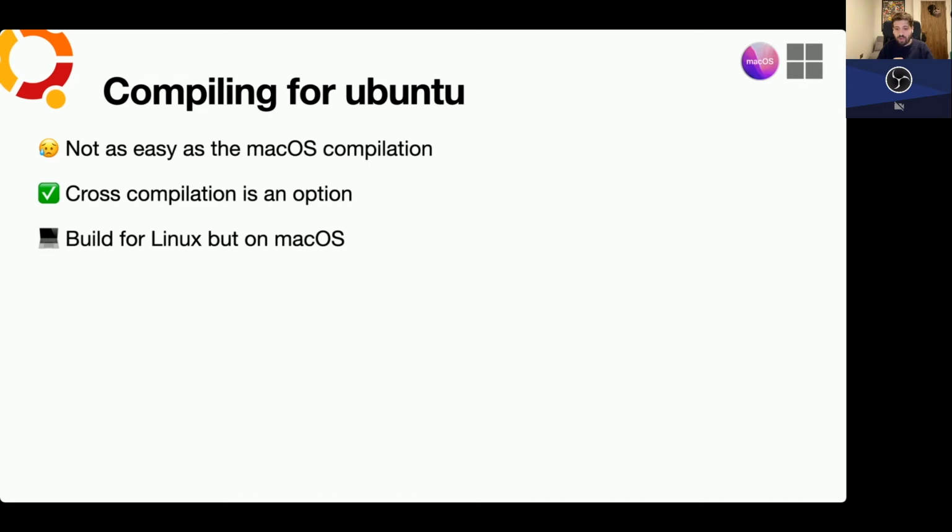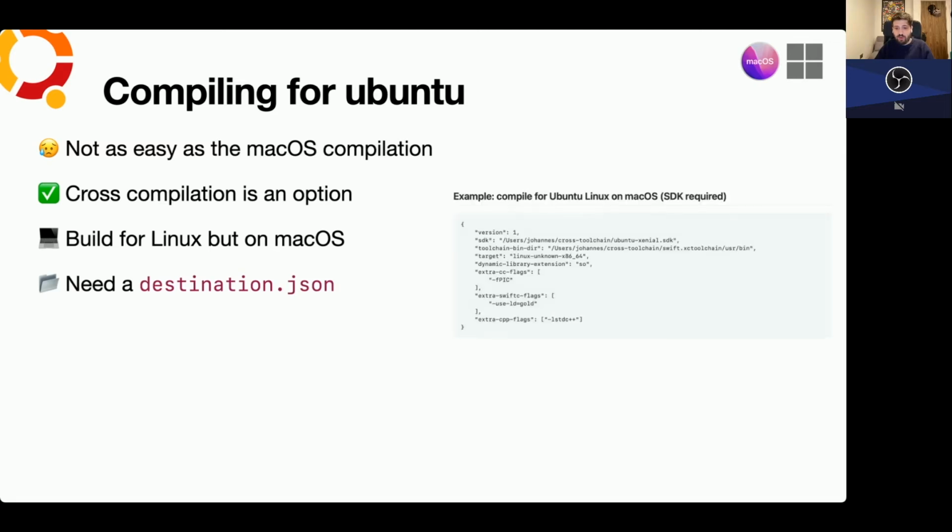When you cross-compile, there are two concepts. One is the host, which is going to be macOS, the computer that's building the program. Then you've got a target, which is the one that's meant to run the program, Linux, Ubuntu in this case. To do this, you need a destination.json, which looks a bit like this, and you pass this to the Swift build system.